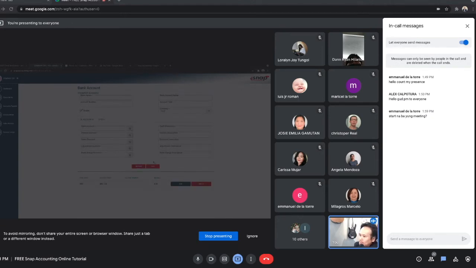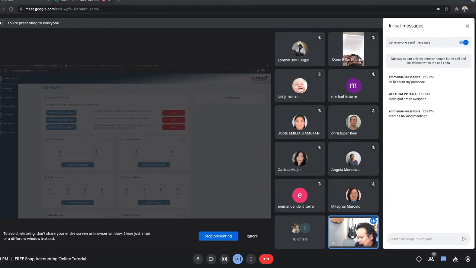Okay, so once you save it, nakita nyo dito, this is the bank that sinet up natin. The zero balance muna siya. Later on, we'll discuss about the beginning balances like we said kanina on how to put beginning balance here. So if we go back to the dashboard, makikita naman na wala na yung link niya to set up the bank. So ang next nating isi-set up is what? The